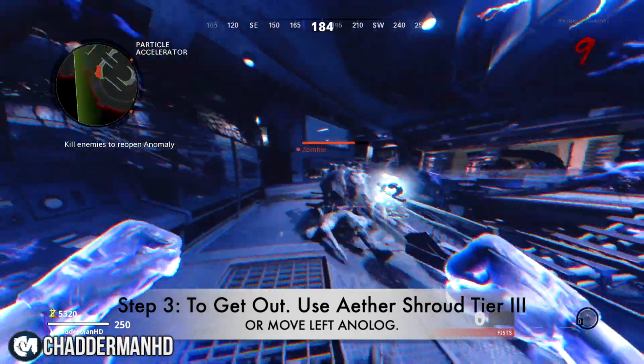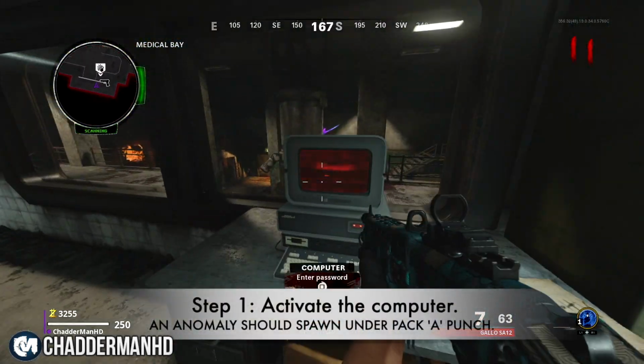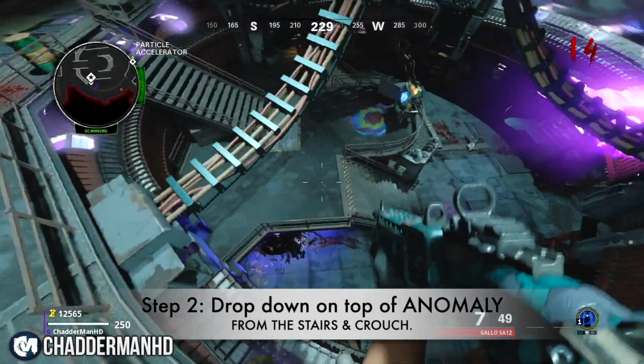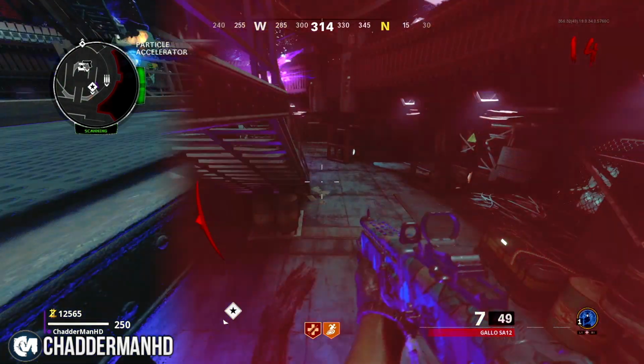Now we are going to be moving over to the 7th glitch in this video. This one is on top of an anomaly pile up. You're going to need to get to the point where you activate this computer and it will spawn in an anomaly underneath the pack-a-punch. Jump on top of the pack-a-punch area onto the railing, drop down by crouch, and then